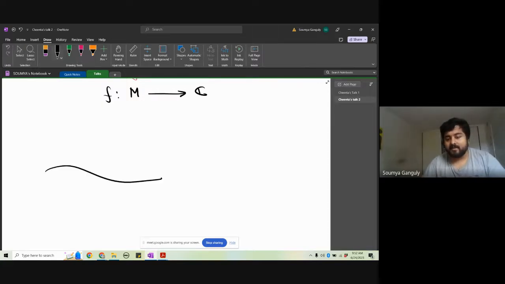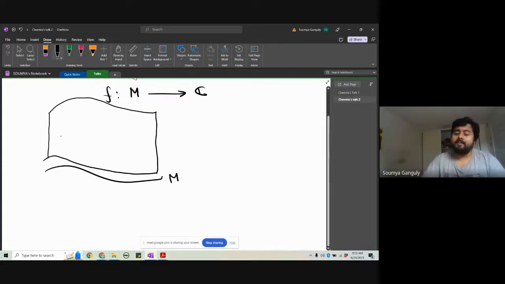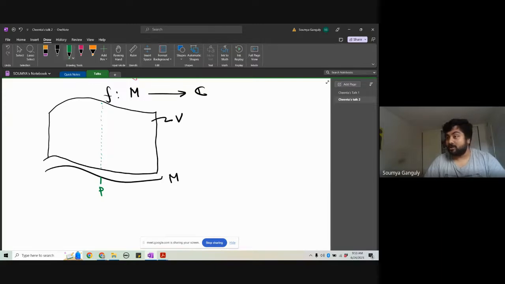So suppose M is a manifold here. Now, you will see why I am drawing the manifold as a line. Suppose M is a manifold. You can think of a vector bundle as a sheet over this line M. What do you mean by sheet? Suppose V is a vector bundle over M. It means that for every point P on the manifold M, you have an entire vector space above the point on the sheet, which would be some R^n over the point P.